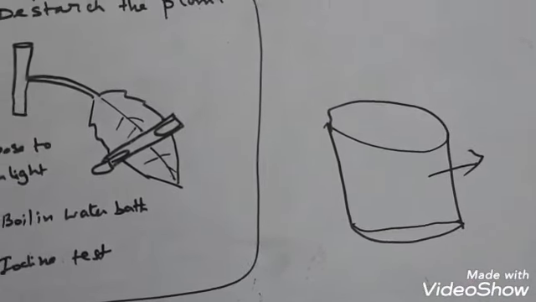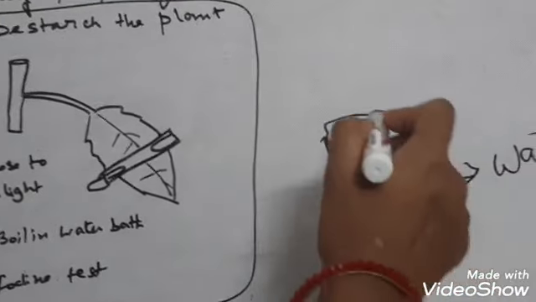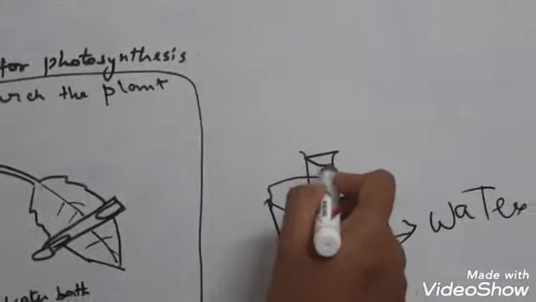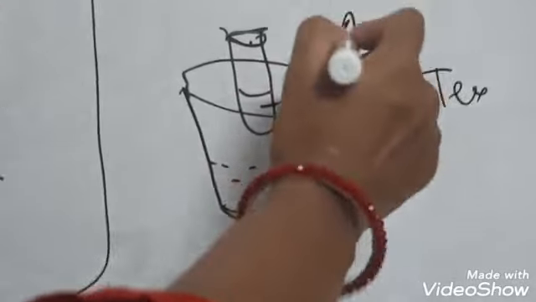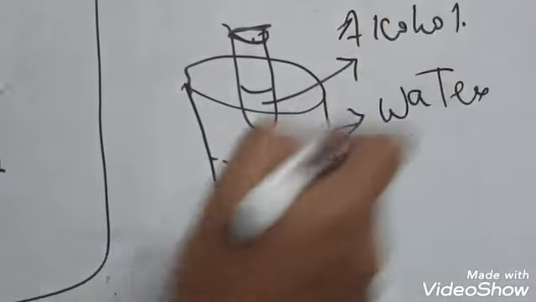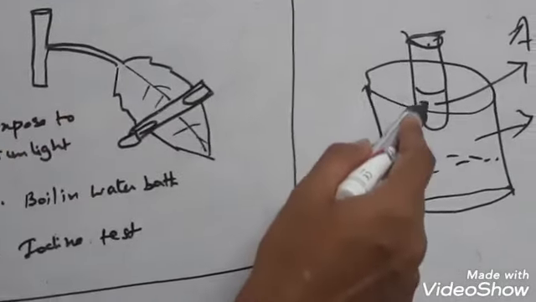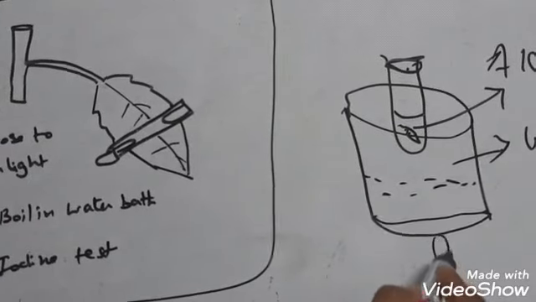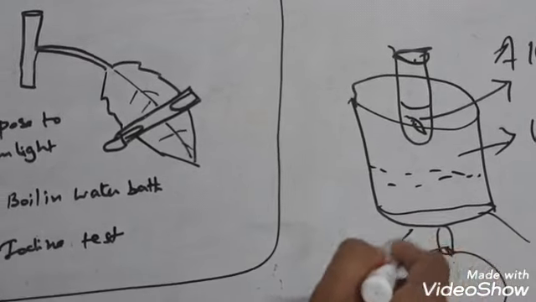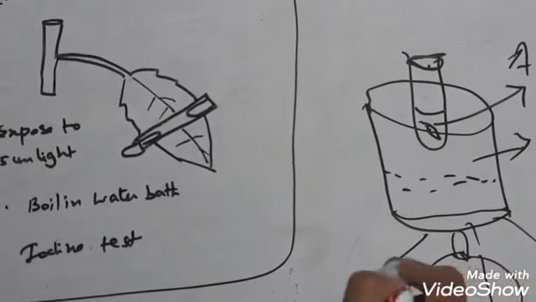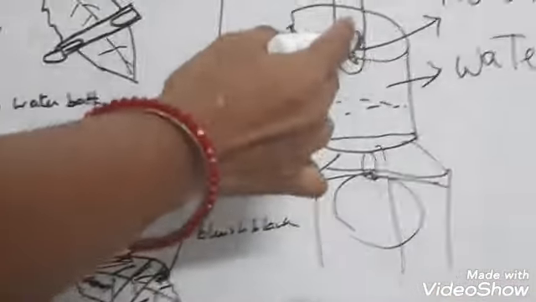In the beaker you put water, okay, and what do you do? Take a test tube, and inside the test tube you put alcohol, okay, denatured alcohol. Alcohol you put, and what you do? You put this leaf, which is already under experimentation, here in the alcohol, and totally put this setup on the spirit lamp or the gas burner. Okay, so with the help of a tripod stand, you put this on a wire mesh. So here you can boil this leaf in the alcohol.